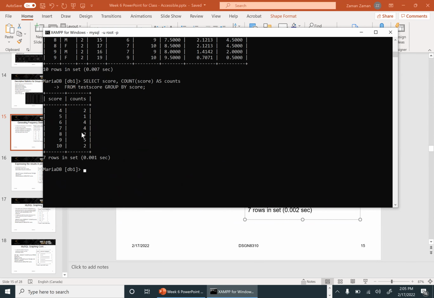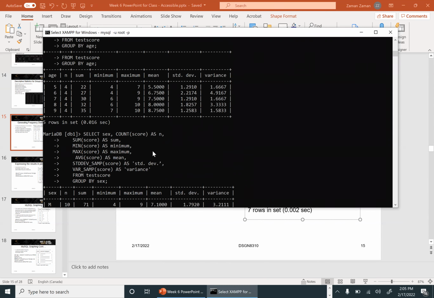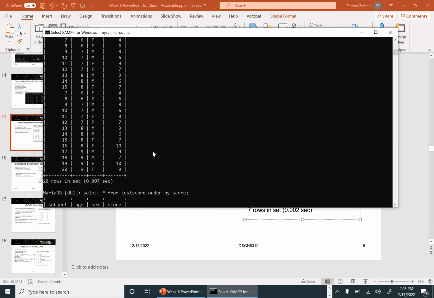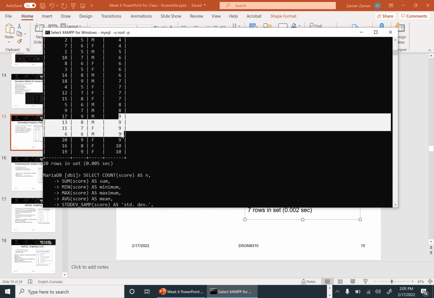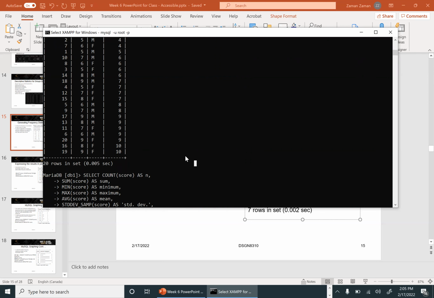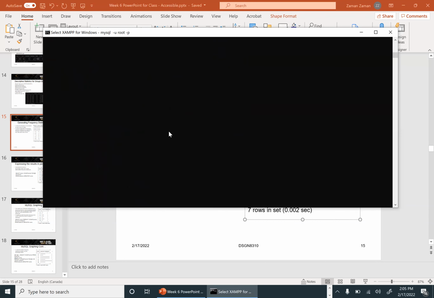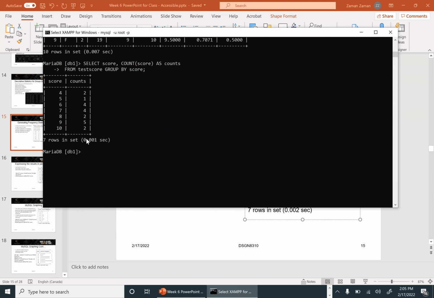And all others say the highest frequency is 5, and that's the score 9. And if you go in the raw table, you can find the 9 will be here. 1, 2, 3, 4, 5. Now we can do the grouping, applying statistical technique. We can easily find this without